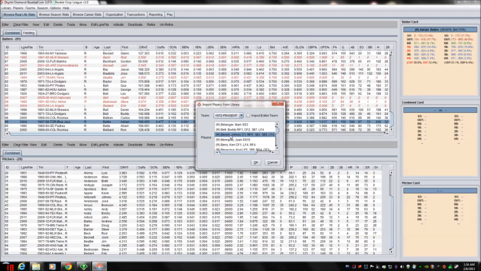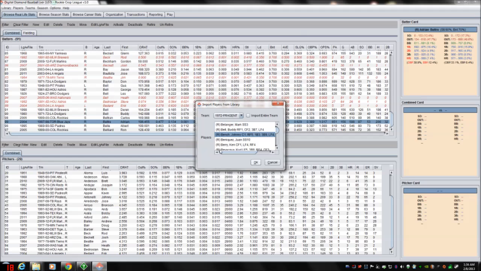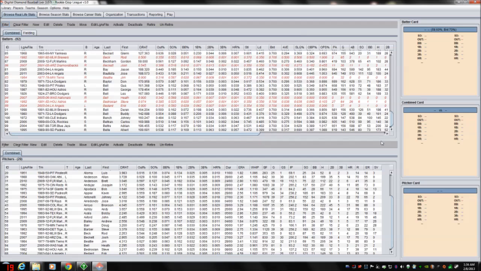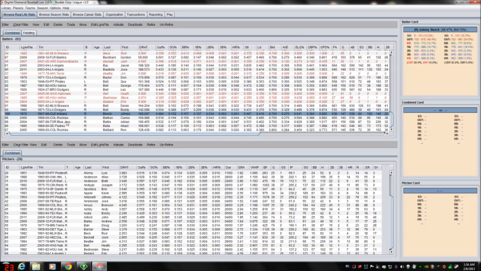I go to Johnny Bench, there he is. Click OK. What team do I want to assign him to? Well, I wanted to assign him to the 68 team. So 69 to 70 was Baltimore. That's not the right team. We'll scroll down here. That 68 was the Cleveland Indians. So assign him to the 68 Cleveland Indians. Hit OK. Import successful. He then shows up in the Browse Real Life Stats as Johnny Bench, player number 100,